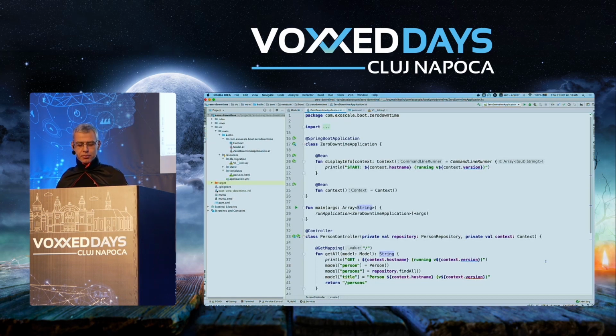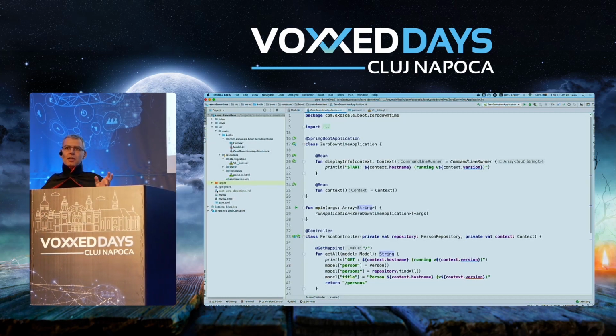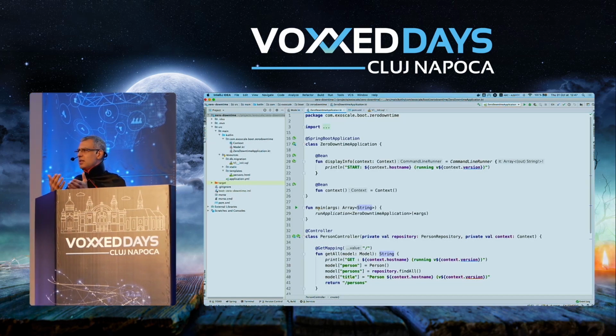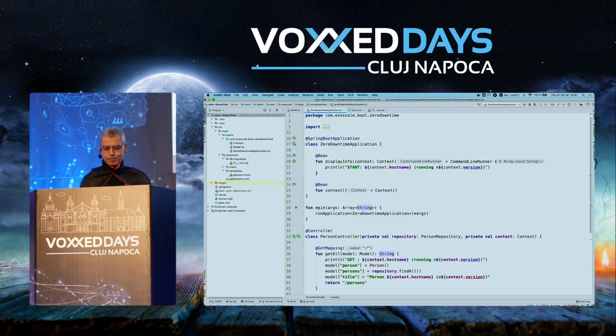There is room for improvement, let's say. Anyway, the good thing about Kotlin is I don't need to put a static main method inside of a class because, yeah, we are object-oriented in Java, but in the end we put in a static method, which is not really object-oriented, so just put it at the top level.